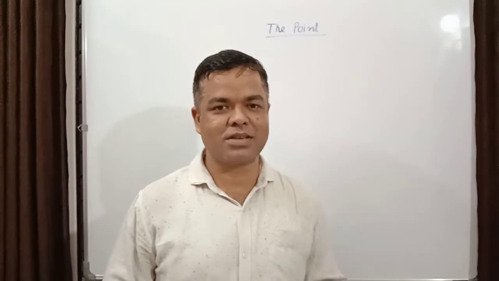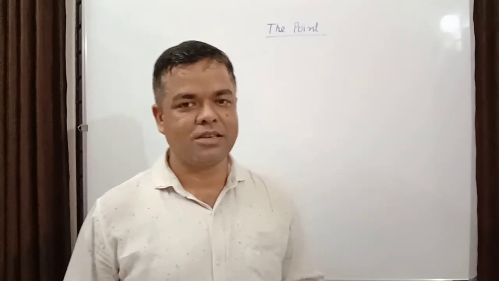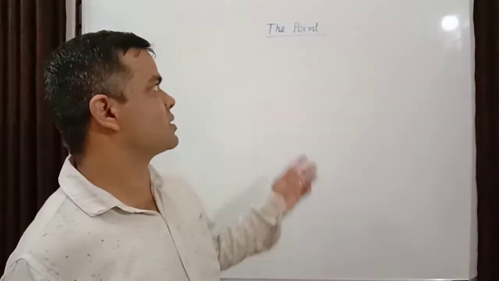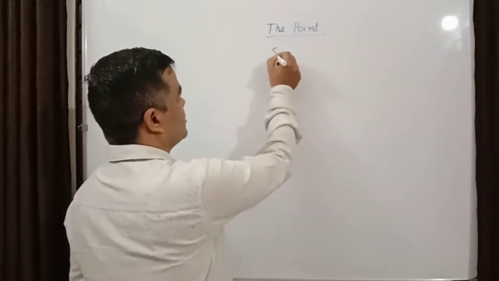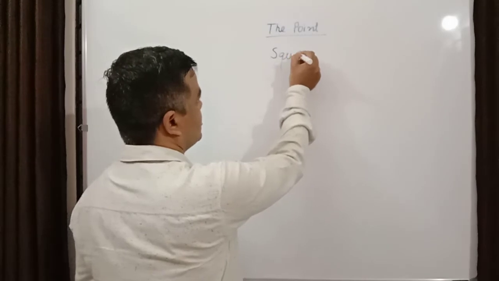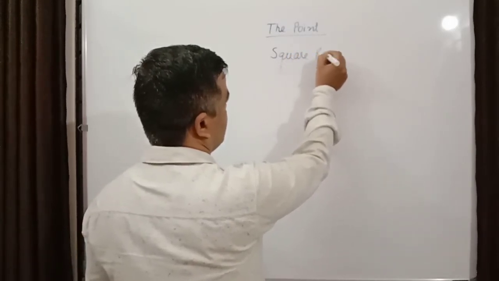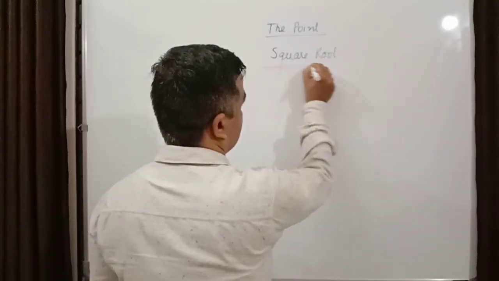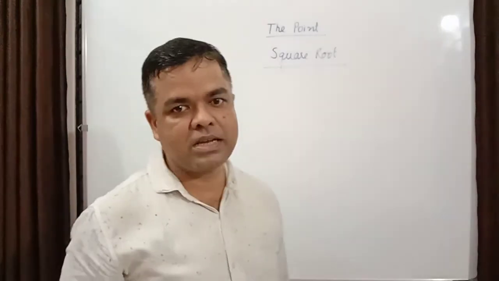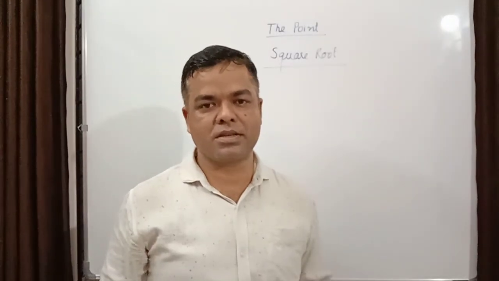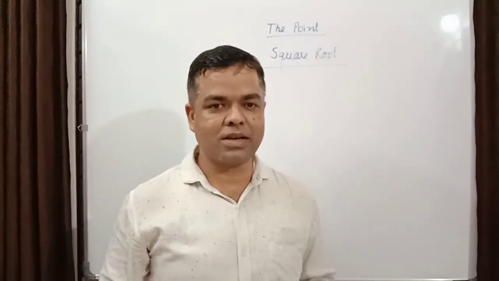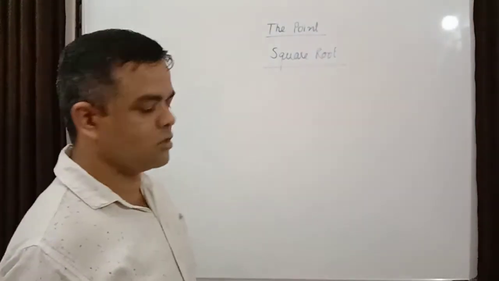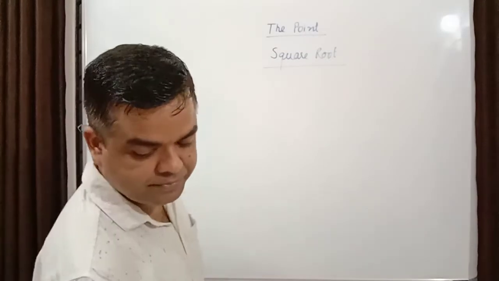Okay. Now I am going to start the class. Squares completed. Now there is square root. I will explain all the methods of square root, and the reason why, that also I will tell you. Suppose you want to take the square root of